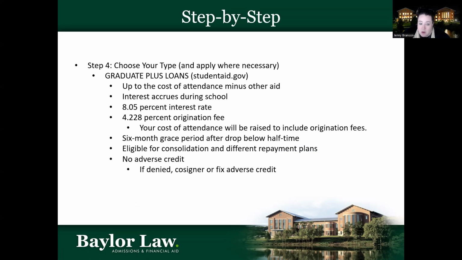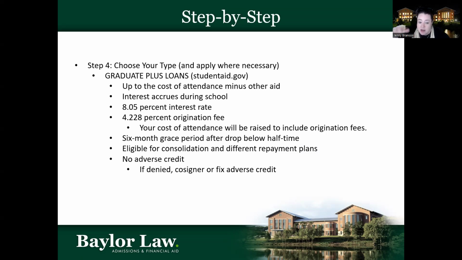Interest accrues during school. These always have a 1% higher interest rate than the unsubsidized loans. So currently, 8.05 fixed interest rate. Once again, that will change with the new batch in July. These have a higher origination fee, a little bit above 4%, which means you'll only see about 96% of